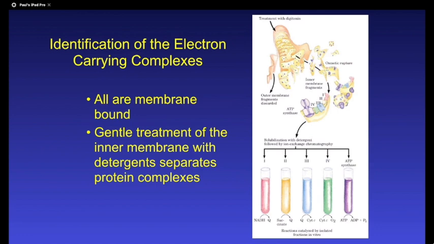If you remember back, what we looked at previously in other courses was that we can use ultracentrifugation to separate very large items like organelles, so you can separate out the nucleus and the mitochondria away from each other, and other